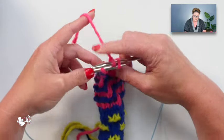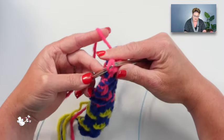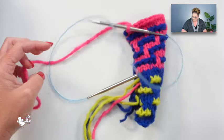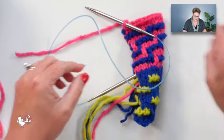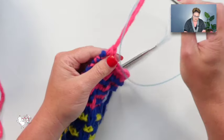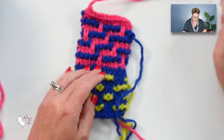When you get to the very end here, we're going to snip our color B, the big pink color here. Again, I will make sure I leave some yarn, and I will give that a pull, just like so. And you can see right here